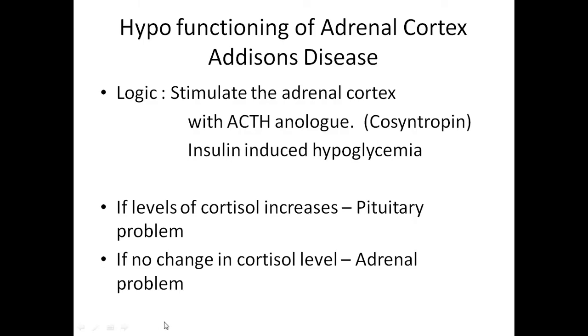Right. So how do we go about identifying the disease? We need to stimulate the adrenal cortex with ACTH and see whether the adrenal cortex can produce cortisol or not. Cosyntropin is an analog. It is similar to ACTH, but slightly modified, so it has all the activities of ACTH in terms of stimulating the cortex to release cortisol. I told you once again that the cortisol produced by the adrenal cortex is a stress hormone. So if you can induce stress, then we could also overcome the need for giving ACTH.